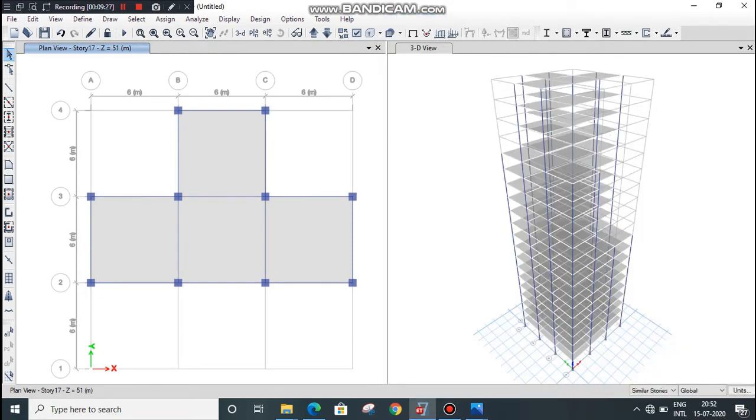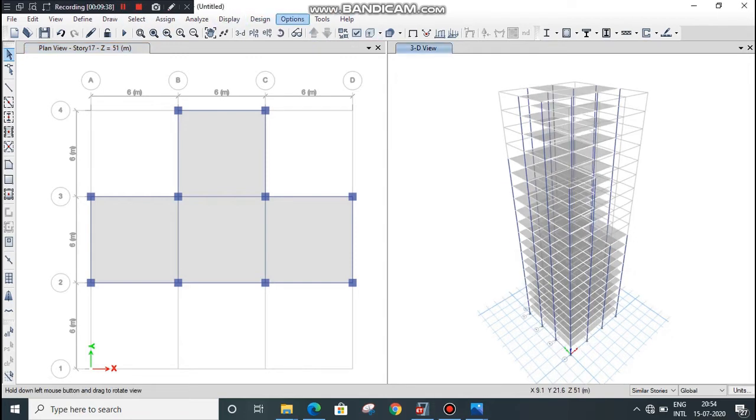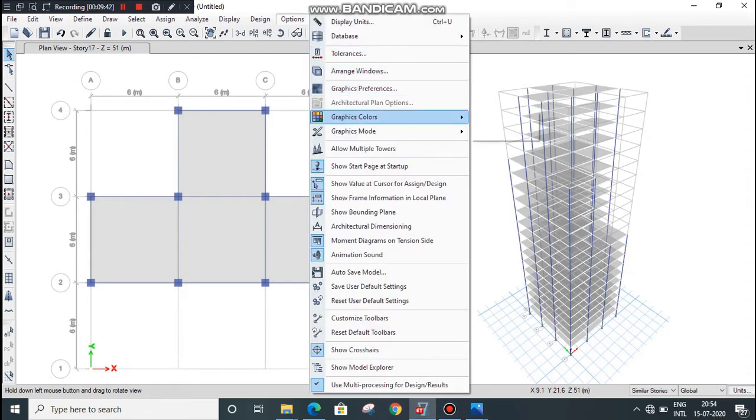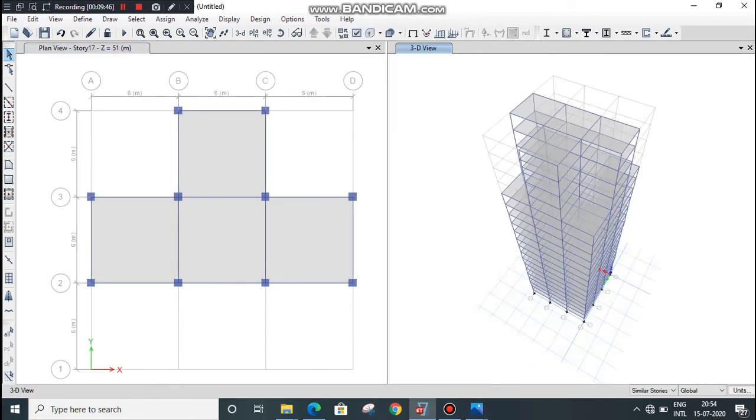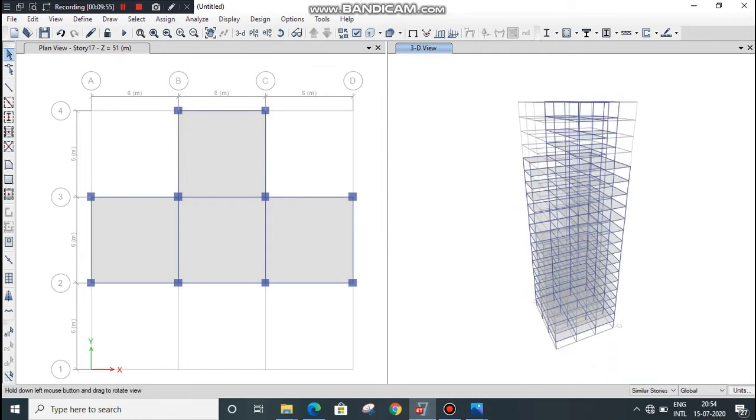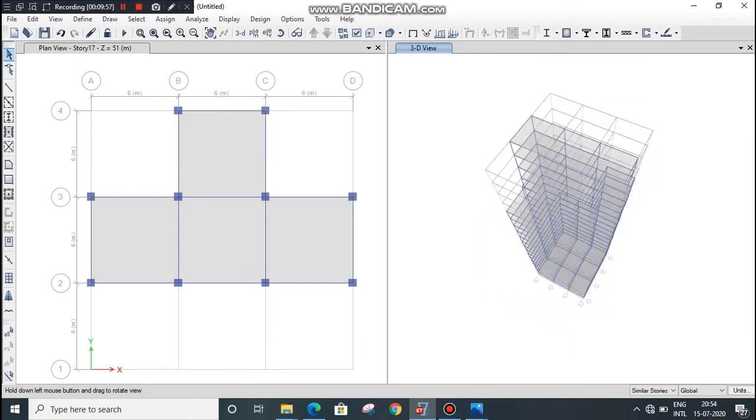As you can see here, we have assigned columns, beams and slabs. Go to rotate 3D view, click on rotate 3D view option, and you can see the building.